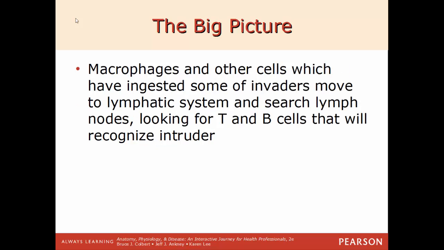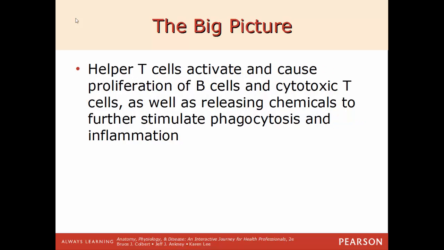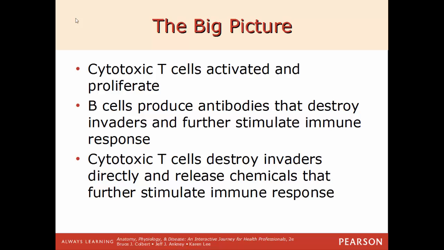Macrophages and other cells which have ingested some of this invader will move toward the lymphatic system and search for a lymph node, looking for a B or T lymphocyte that is able to recognize this bit of the intruder. The helper T cells will activate and cause a proliferation of B cells and killer T cells, as well as releasing chemicals to further stimulate phagocytosis and inflammation. You have killer T cells that are activated and proliferate in number. B cells are now producing antibodies that will help to disable and destroy invaders and to further stimulate an immune response. These killer T cells will destroy these invaders